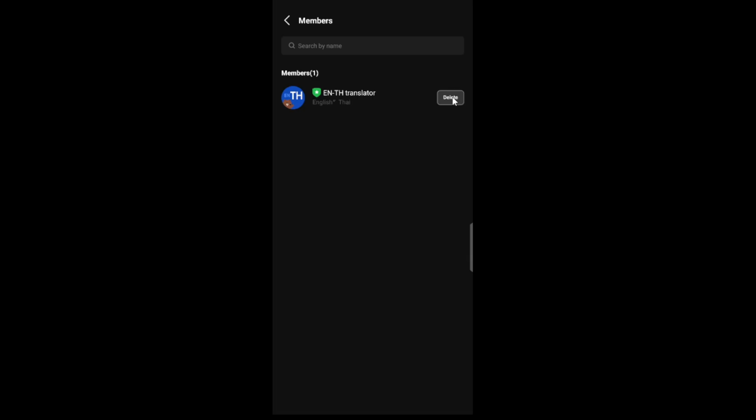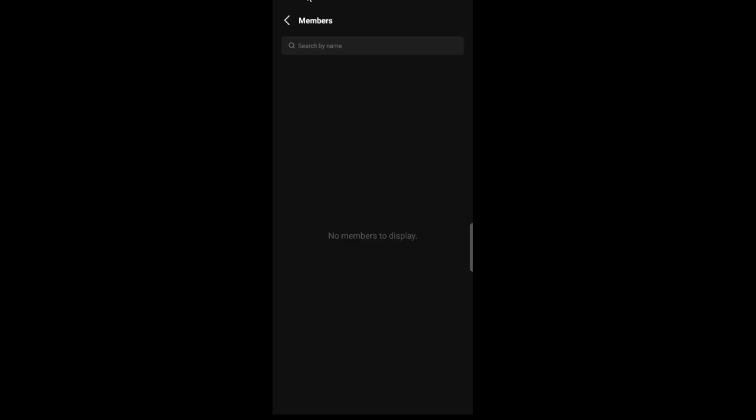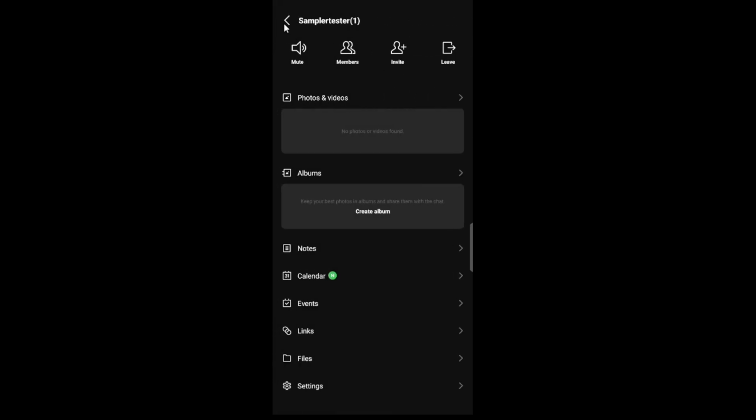Keep in mind that depending on the group settings, only the creator or an admin can remove members. If you don't see the option to remove someone, you may need to ask an admin to grant you admin rights or to perform the removals for you. It's also considerate to let members know ahead of time if you're retiring the group, since they may receive notifications